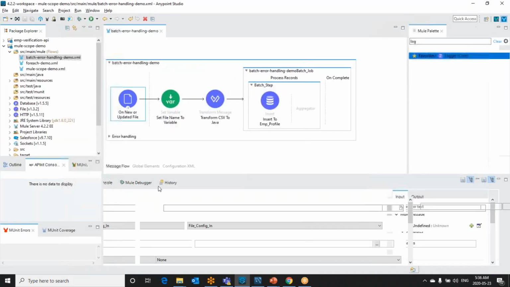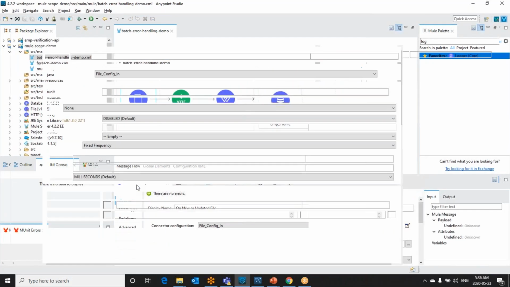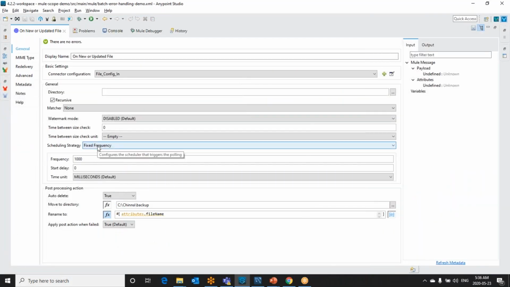Here I made some configurations: I have taken a fixed frequency, not a cron job, and I'm saying to poll the files from that location every 1000 milliseconds. I took it as milliseconds, and I made auto delete true. That means once the file has been read from the location, I am deleting the file from that location, because we can avoid duplicate processing of the file. At the same time, I am moving the same file to a backup location.